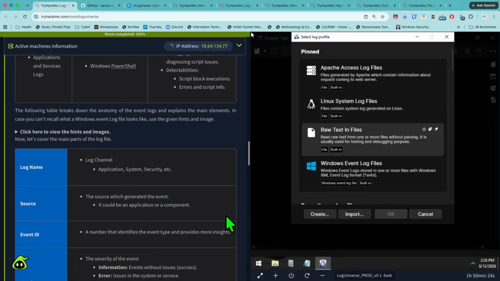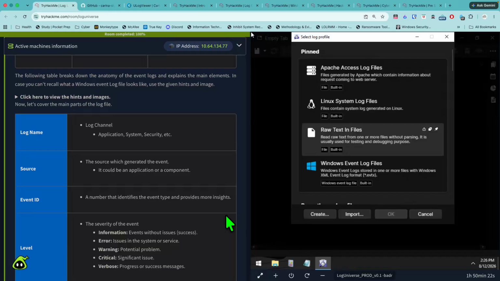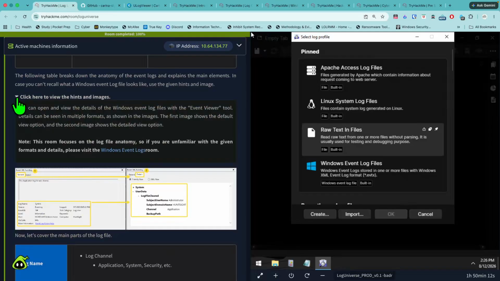All right, the following table breaks down the anatomy of the event logs and explains the main elements. In case you can't recall what a Windows event log file looks like, use the given hints and image. So we can click here, and you can open and view the details of the Windows event log files with the Event Viewer tool. So if we go to our split screen and open up Event Viewer,